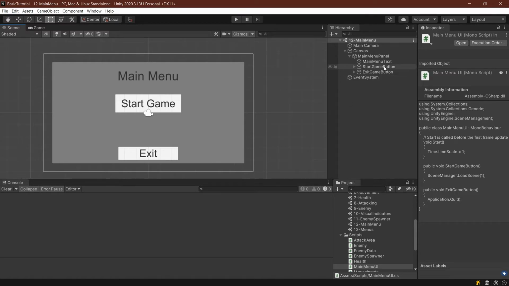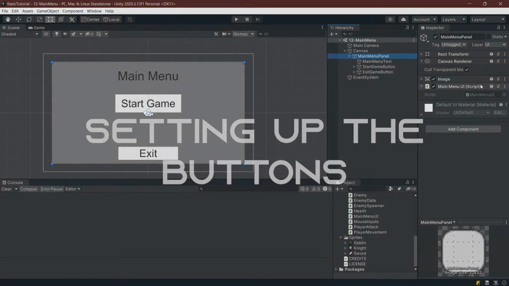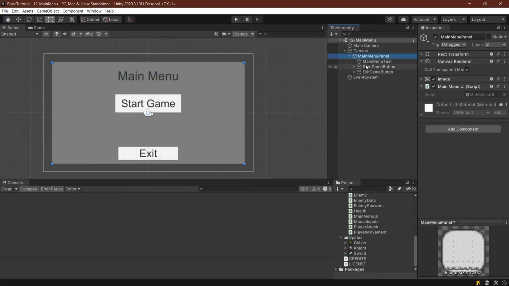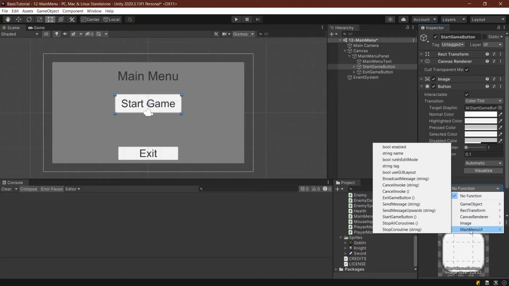And then we can close this. Then let's also go to the main menu panel and add the main menu UI to it. Now that the main menu script has been added, we have to tell the buttons that something will happen when you click them. We can do this by going to the Start Game button, clicking this plus here, and then dragging the main menu panel in there, so the game object, and then selecting main menu